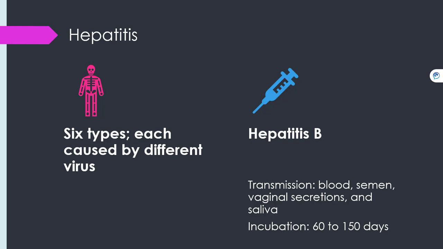Sometimes hepatitis goes away all by itself, and it does not need to be treated with drugs. Some hepatitises last for a lifetime. Vaccines can help prevent some viral forms of hepatitis. Many medical associations have suggested that a series of hepatitis B virus vaccinations should be administered during the first 18 months of life. Hepatitis B can be transmitted by blood, semen, vaginal secretions, and saliva. There is an incubation period of 60 to 150 days.